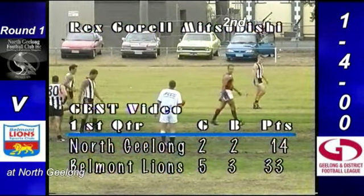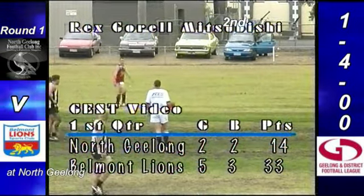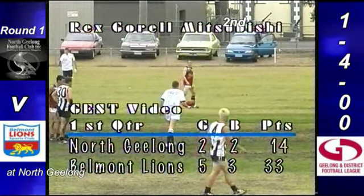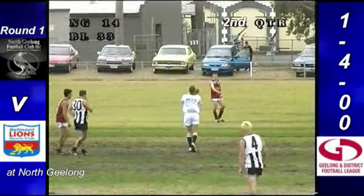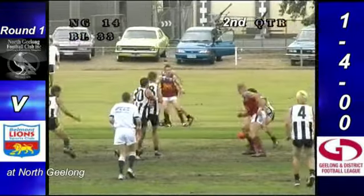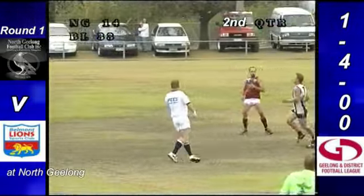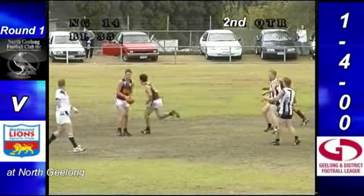So Paul Price kicks the second for the Magpies, and it will be a ball up again with Tolson and Weiss, who have rucked unchanged really throughout the first term, and now at the start of the second. Tolson gets it down towards the back of the pack, comes out now, goes towards half forward, and a mark has been taken. In fact, there's a free kick as it down the field,